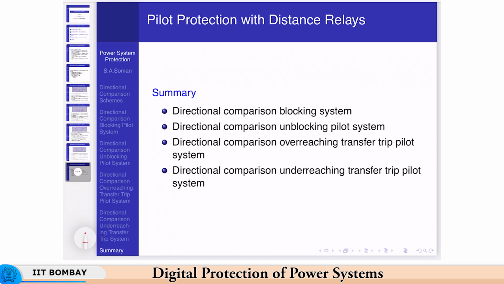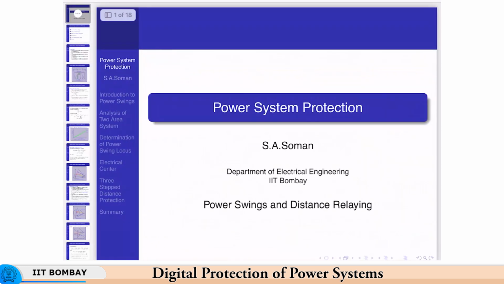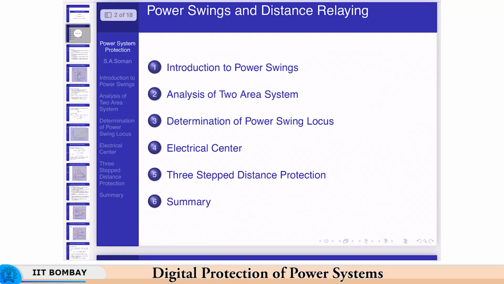Okay, we are all familiar with power swings, but however, we will have a short recap of power swing. You must have studied it in some power system class, but just for the sake of continuity and completeness, we will have a look at it today also. So today in this particular topic,